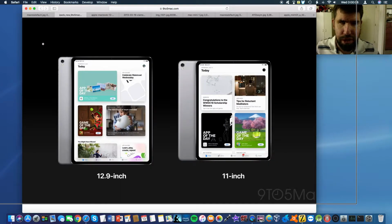This is supposedly the 2018 iPad. Now, so far we've got rumors of Face ID and rumors of USB-C, and also they're going to see about rotating the smart connector. Now, I don't know what to think of that. I don't know what to expect from that. But I'm hoping that if they do something different with the smart connector, they're going to be introducing a brand